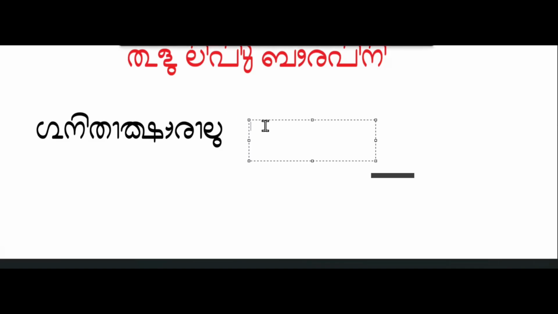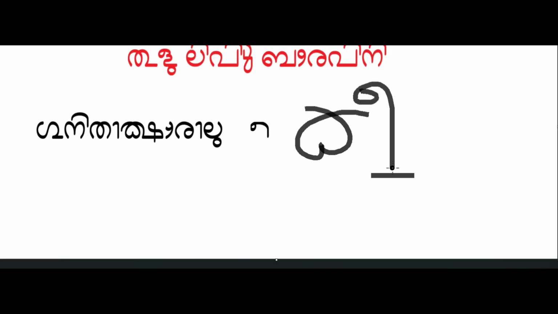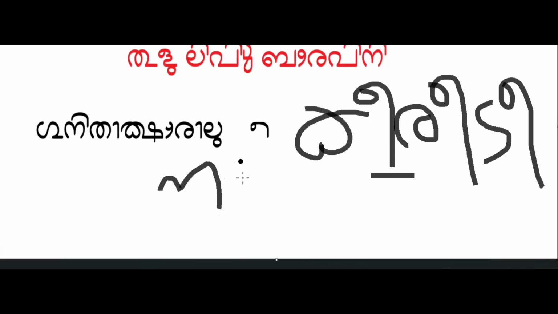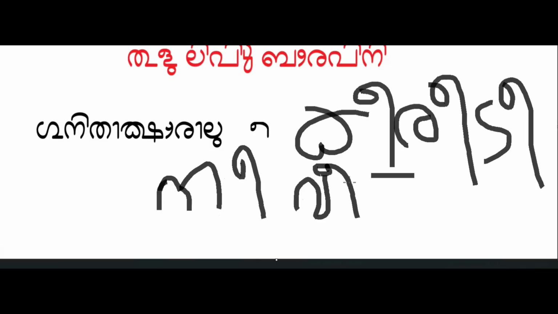Ee. How to write this Ee? For example, kee, ree, tee, nee, wee, like this. Next,